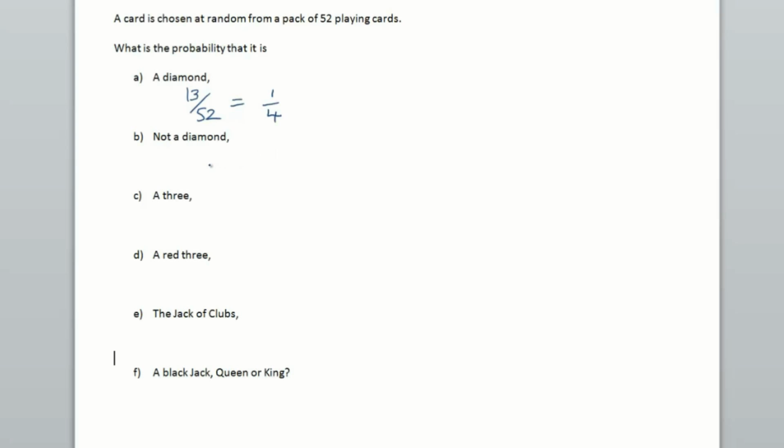Not a diamond. Well, this introduces the first property, if you like. What we're going to do is I'll make certain statements as we go along. So if you know the probability that an event happens, the probability that it doesn't happen is 1 take away that probability. So the probability of not a diamond is 1 minus a quarter, which is 3/4. So what I'm using there as a rule, if I put it over here more formally, the probability that an event A doesn't happen, and that's standard notation, it's sort of like the complement notation if you have dealt with sets. The probability that A doesn't occur